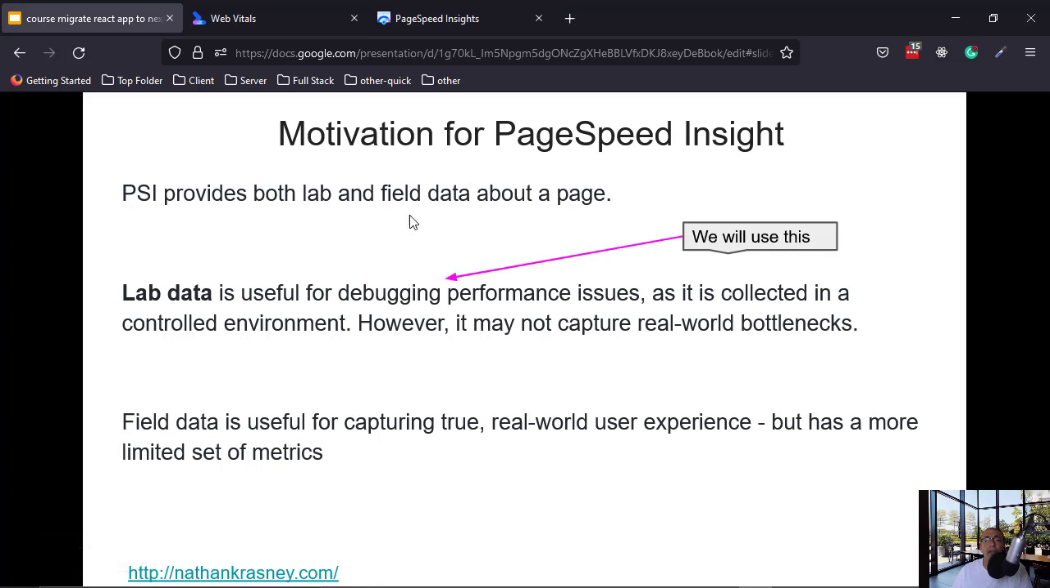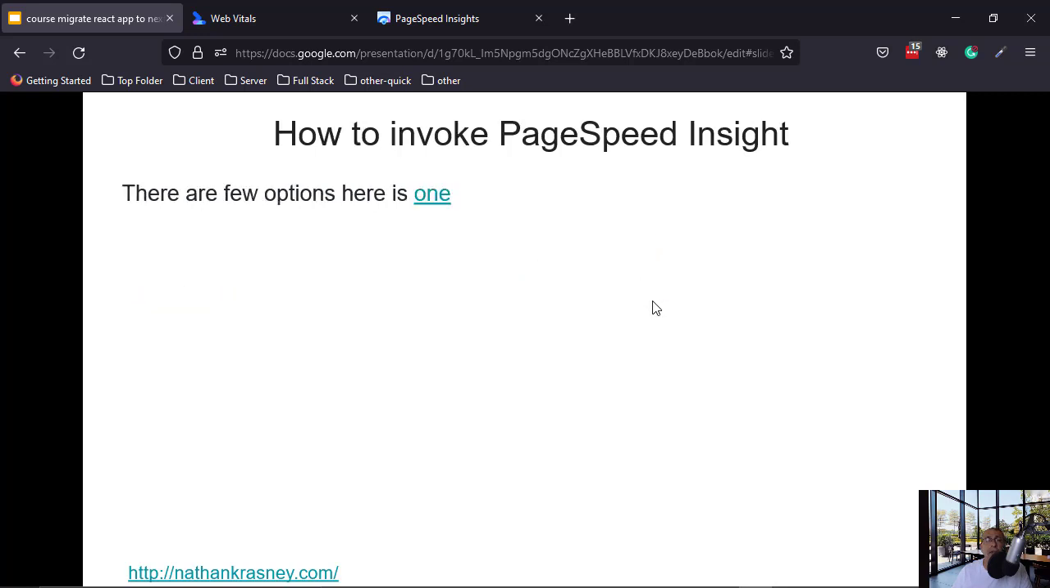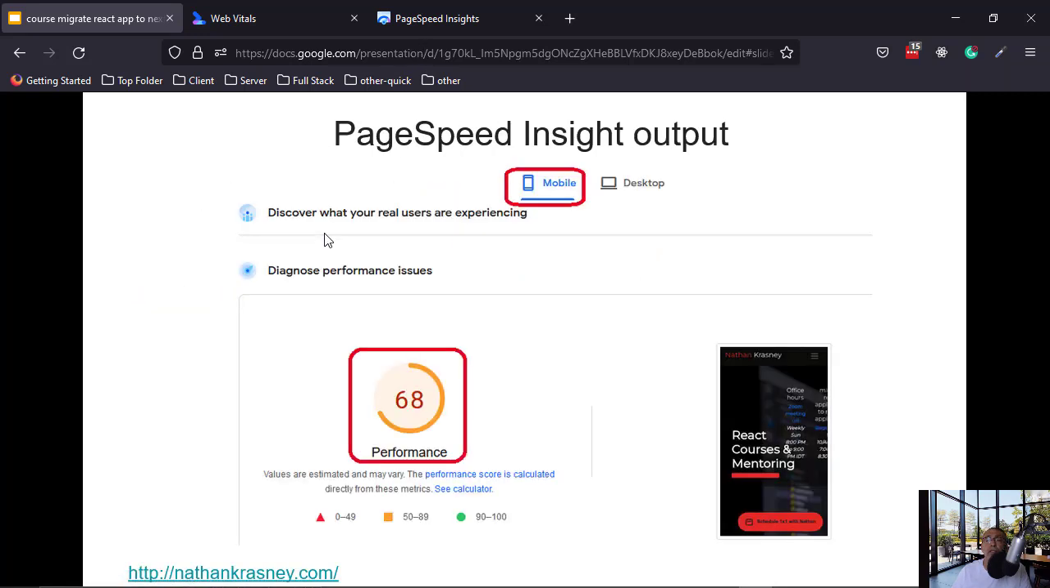You can use it for lab data and field data, but in our case it was very useful to use it for lab data because it can help us in development, and we can improve the performance in development before we launch our product. So we saw how to invoke it, as I have shown before, and we saw that there is a grade for mobile and for desktop,